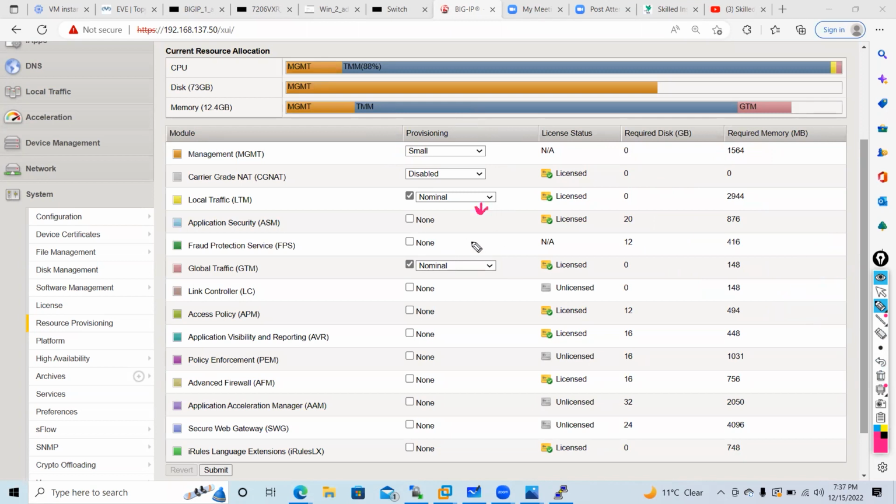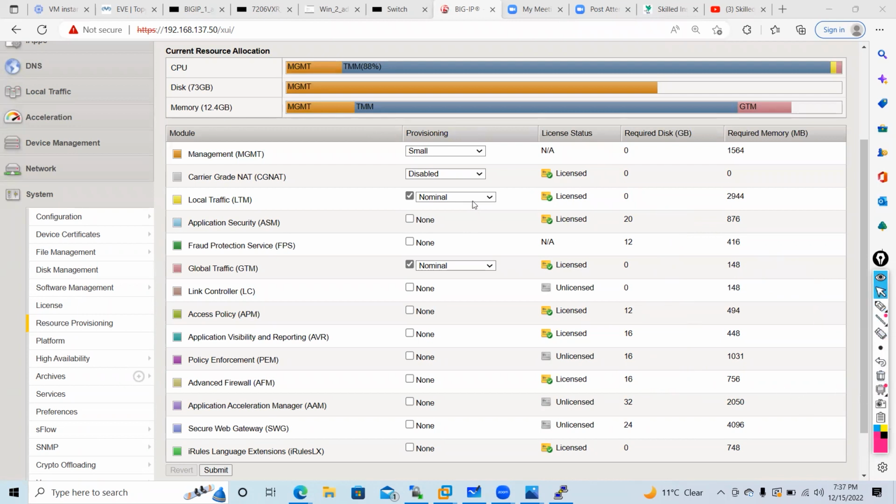Now, guys, next question is, let's say if you have configured LTM and GTM. Now I want to use ASM also. Can I configure ASM also in this F5? Can I use the same F5 for LTM, GTM and ASM? Anyone? Yes, we can. Okay, that is correct. You can configure the same box with LTM, GTM and ASM.